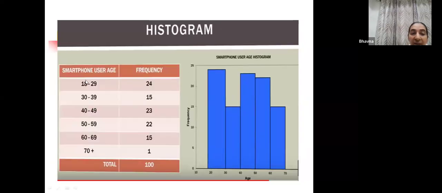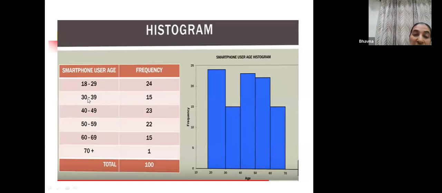So now see, this is a frequency table. This is called a frequency table. Now what have we done? We have just clubbed them in the same 6 bins with gaps of 10 years each. And now we have written frequency in the rows. Remember, these are columns and these are rows. Now what are rows? Rows are horizontal and columns are vertical. Now you can see that in the columns, we have made 2 columns. One is age and the other is frequency. And we have a total of 7 rows. One is total, which is always obvious, and data is contained in 6 rows.